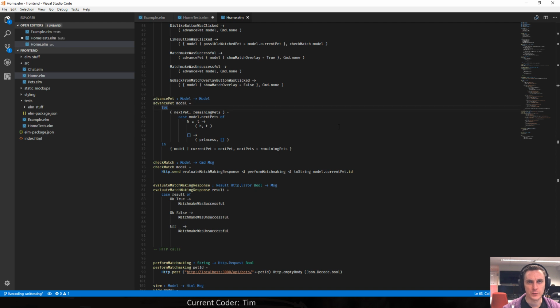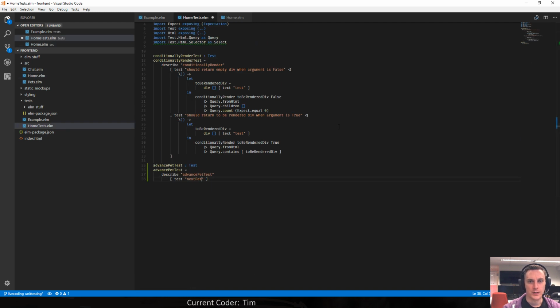Is it just pets? Next pets. Next pets is empty. No advancement. Oh, it just returns an empty. Next pet remains empty.